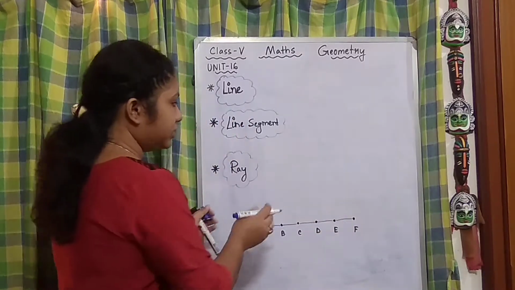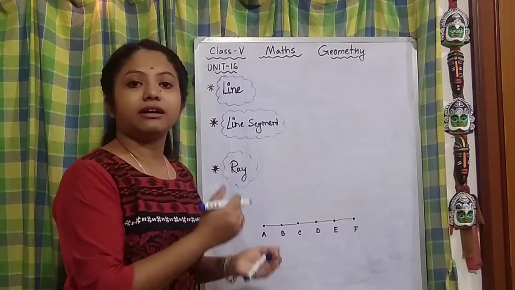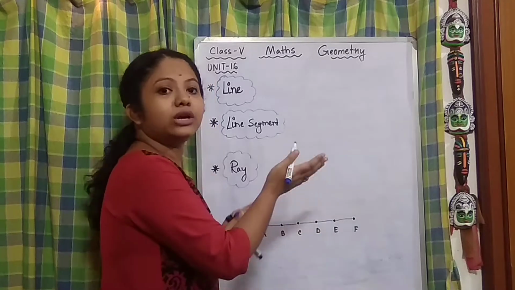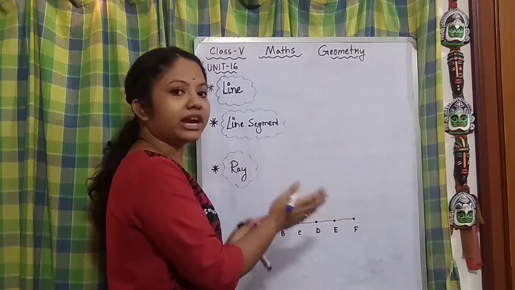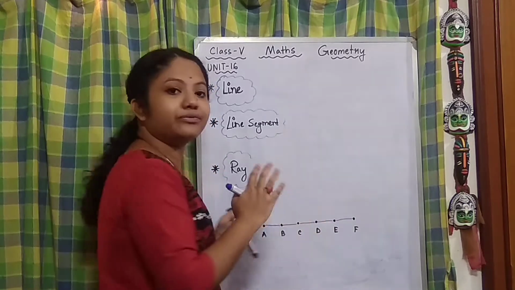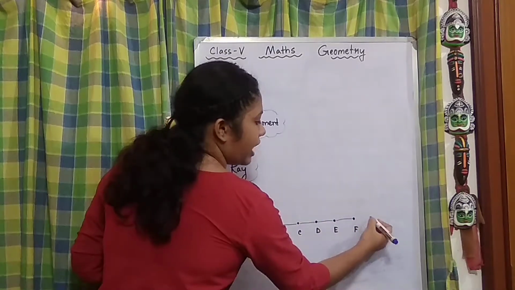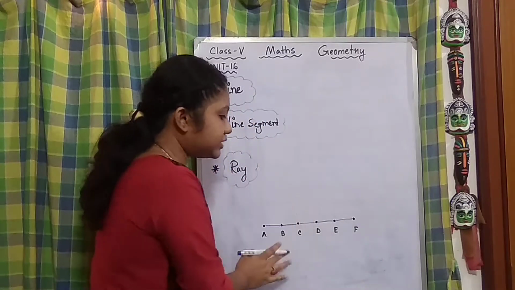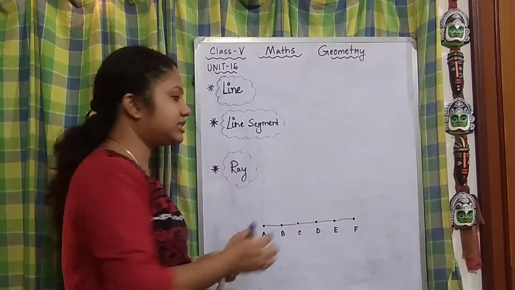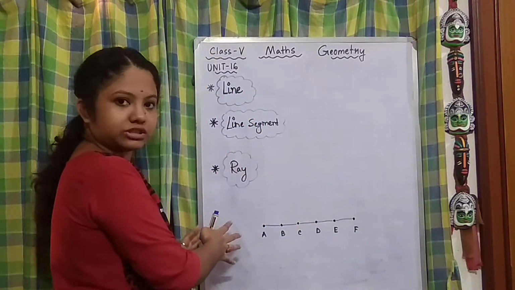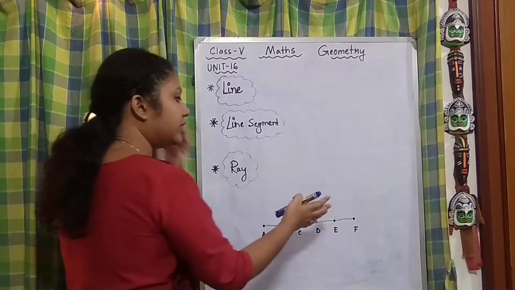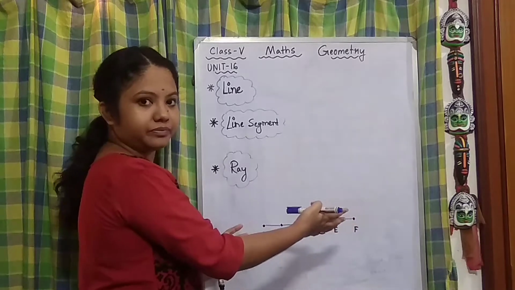Okay, now this is how we get a line. After joining so many collinear points, they give rise to a line. A line does not have any definite length, because here I have just taken these 6 points, but there can be millions and billions of points lying in this position and this position. So there are numerous points. Got it? So here there is no ending of a line.